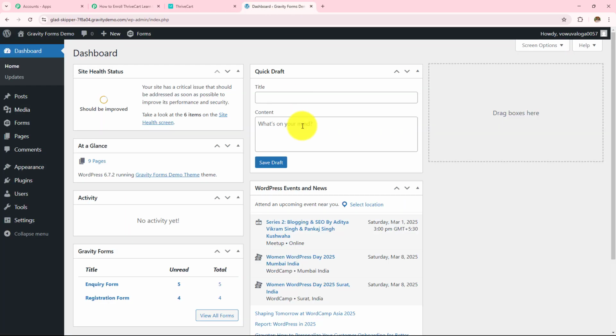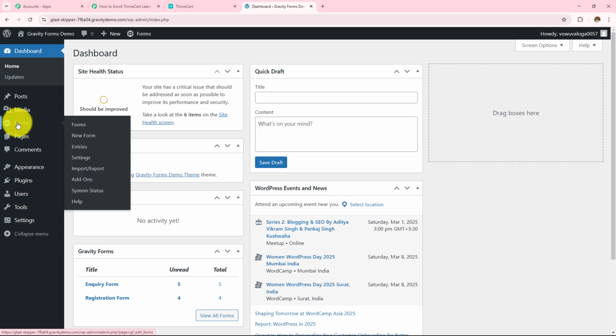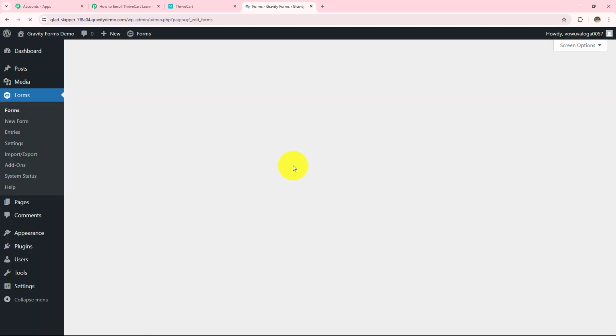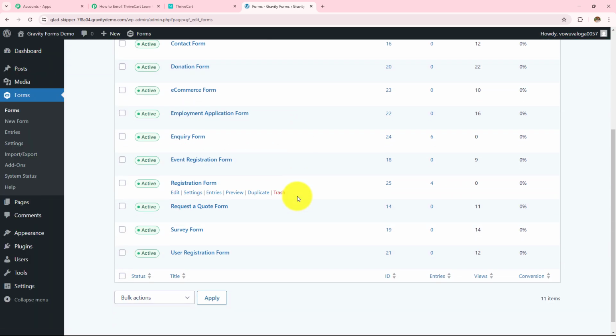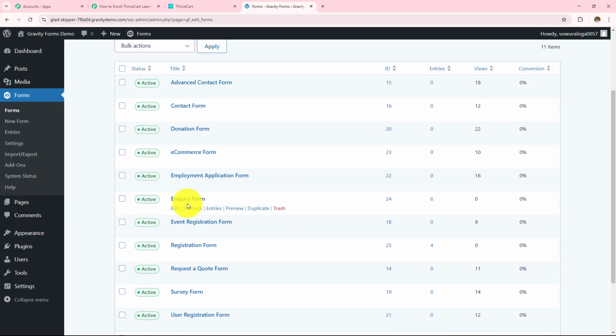So this is the app dashboard of WordPress, and Gravity Forms is a plugin of that. So I have installed that from over here. Now on the top where you can see this forms, I will click on this and go to this forms. So here you can see all the forms that have been created. I am going to use this inquiry form, and for that I am going to click on this edit option,